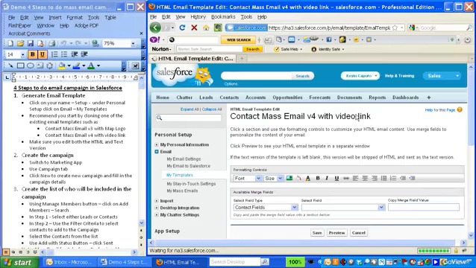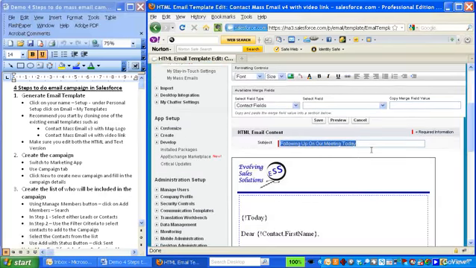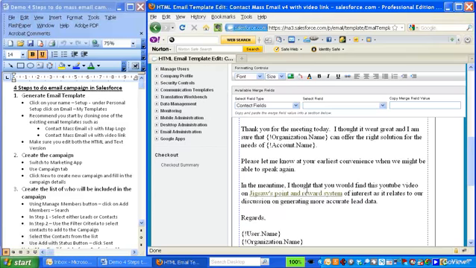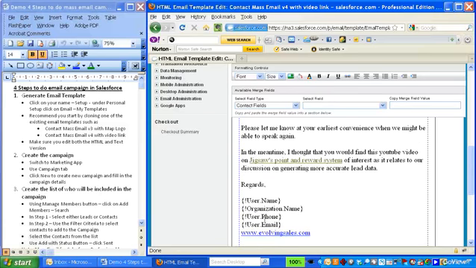So click on the edit, scroll down here, and now you can see the template. I've got my subject here, so if I want to make a change to the subject, I change it there. In the body of the email, I have today's date. I also have the person's first name. I also have my company name embedded in the body of this paragraph, plus my client's name, or company name, also embedded in there. I have a YouTube video inserted in the body of this paragraph, and I also have my name, my company name, phone number, email address,